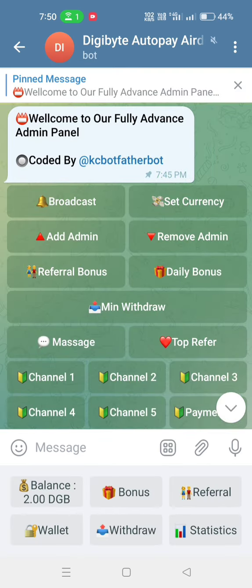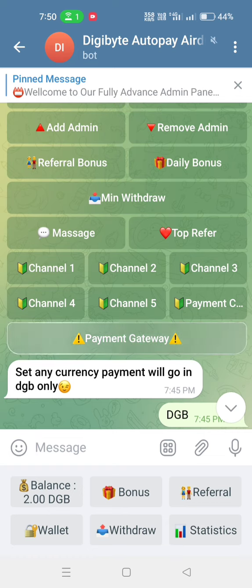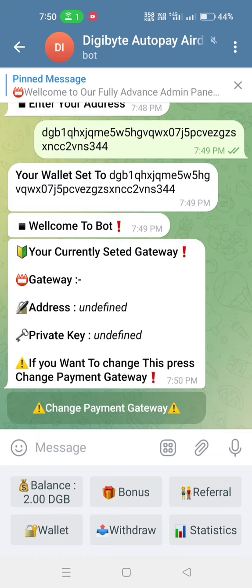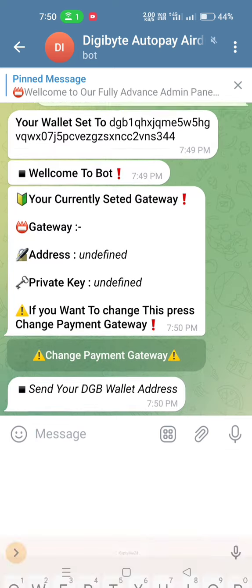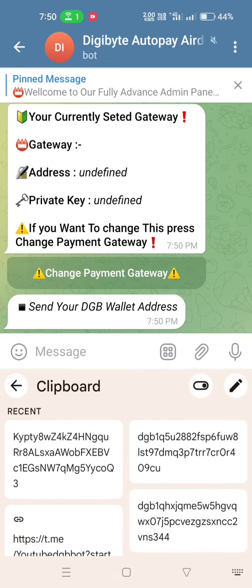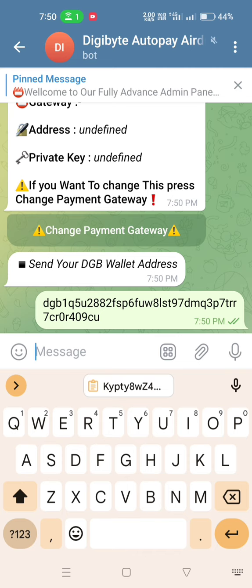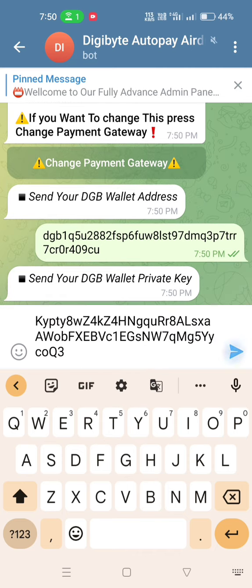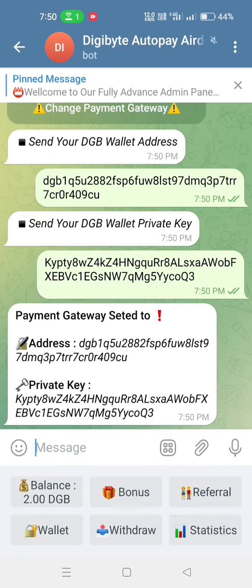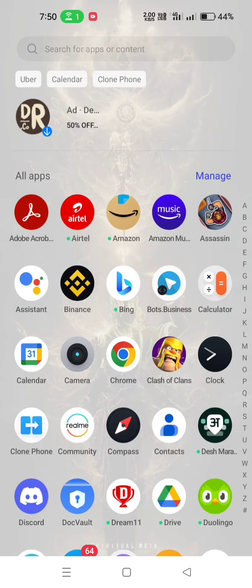I opened my admin panel. Here you can see you have to click on payment gateway and change payment gateway. Then set the address you got from the generate DGB address button. As you can see, I sent this address. Don't send your address from Trust Wallet. Now I am setting my wallet private key. I sent this wallet private key from the generate DGB wallet button. Now simply copy this private key